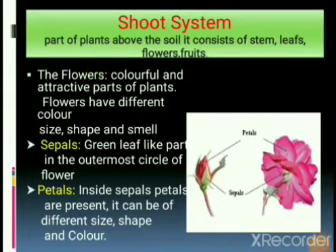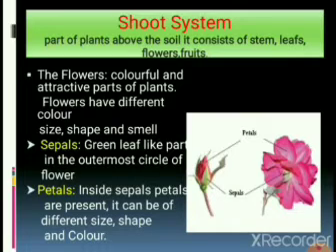The flowers, as you have seen, are of different types. Flowers are basically the attractive part of a plant. Different flowers have different colors, size, shape and smell. For instance, rose plants have different size, jasmine plants have different size, shape and smell. So every flower has a different size, shape and smell. So let us discuss the different parts of flowers.